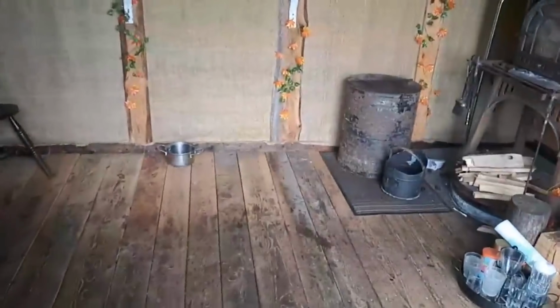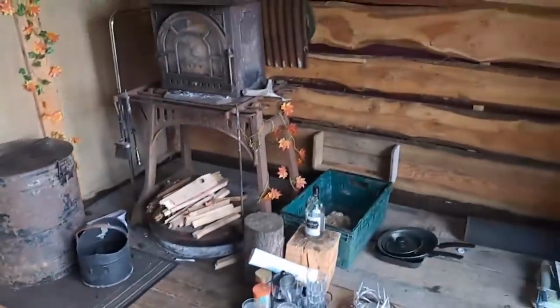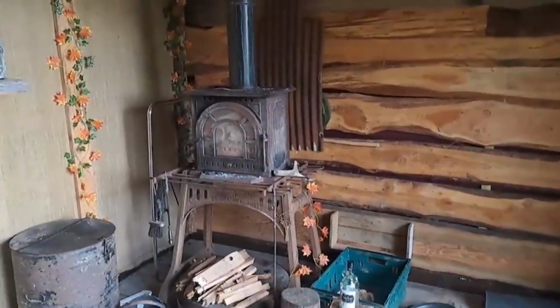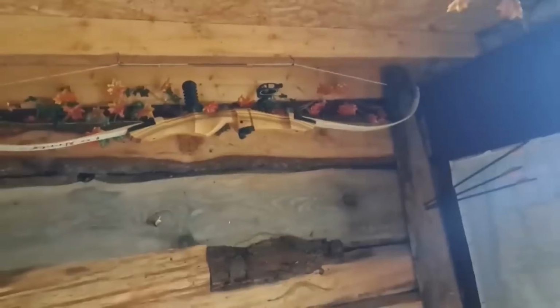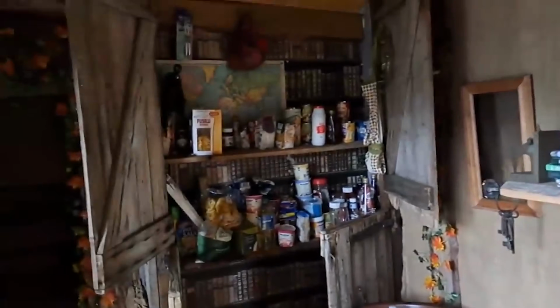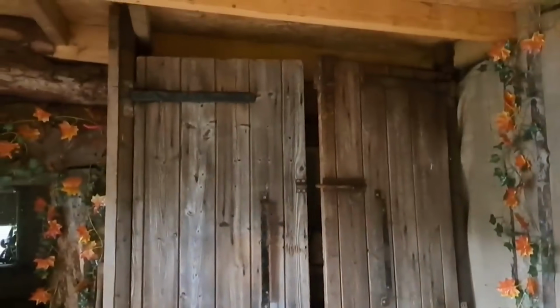But this is going to be my office. Now, there was a desk there, and he said he was leaving it, but he decided to take it. That's the heating source, that's quite cool. It'll heat this place up like you wouldn't believe. He left that. Okay. This is in the cupboards. These cupboards are quite good, they're quite nice. Did a good job with that. I don't know where he got the wood from, but...